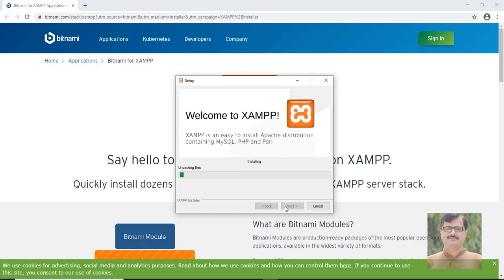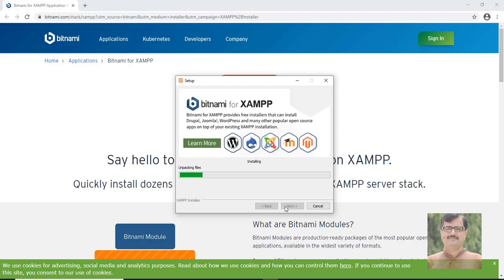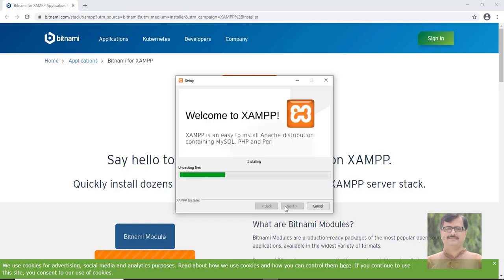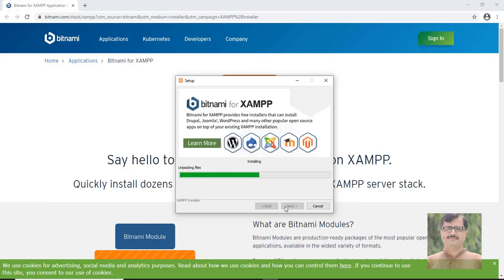unpacking the files, so it will take 2-3 minutes. Just wait. In your PC it may take 5 minutes, 10 minutes. This is an i7 with 16 GB RAM and SSD hard disk, so it is maybe faster than your PC. So here we can see setup is going on, and then after that what we will have to do,